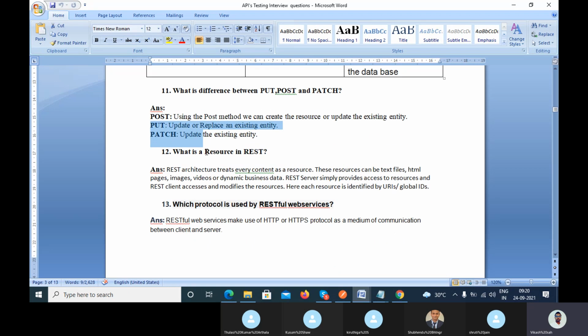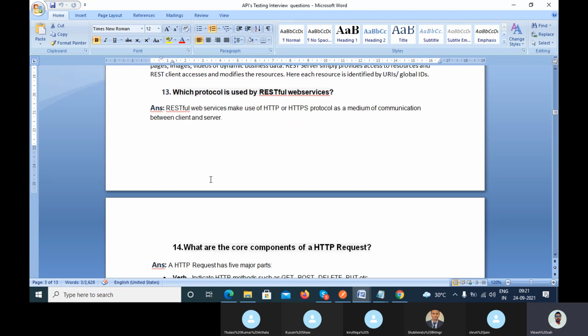What is the resource? I have already explained what the resource is, right? Like what the user wants, what the user needs: the text file, the HTML, the image, the video, they want to click, they want to book the flight, all of that is the resource, right? Which protocol is used by the RESTful web service? They will ask you what protocol. So protocol means HTTP or